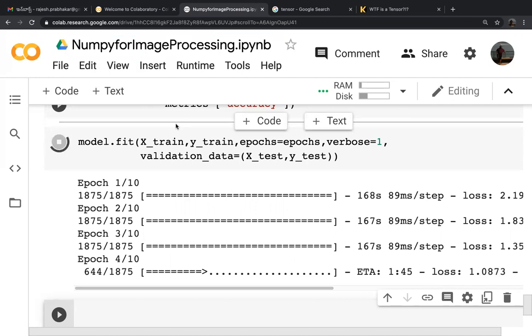Now all your doubts will be clarified in terms of why we need to reshape the data, why we need to convert integers to floats, why we should divide by 255, and why tensors are better than arrays. I hope all these doubts have been clarified for you in this session. So now if you have any doubts, you can ask me now.